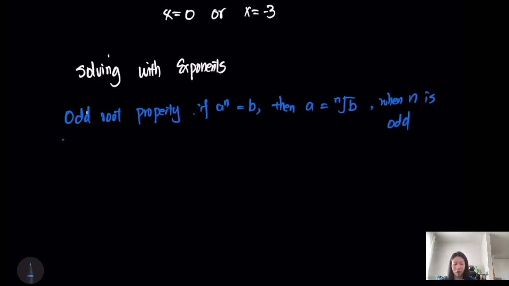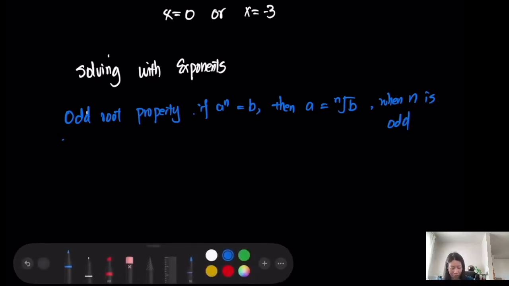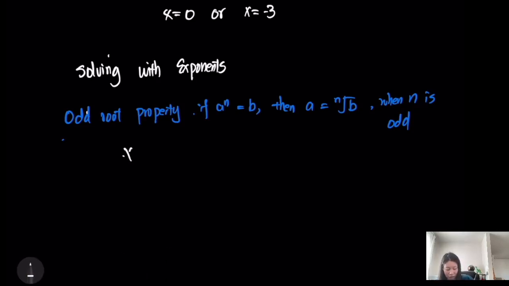Okay, so for example, I have x to the fifth power equals 13.2. So now I take the fifth root on both sides, and I will have x equals 2. That works for all odd numbers. That is because